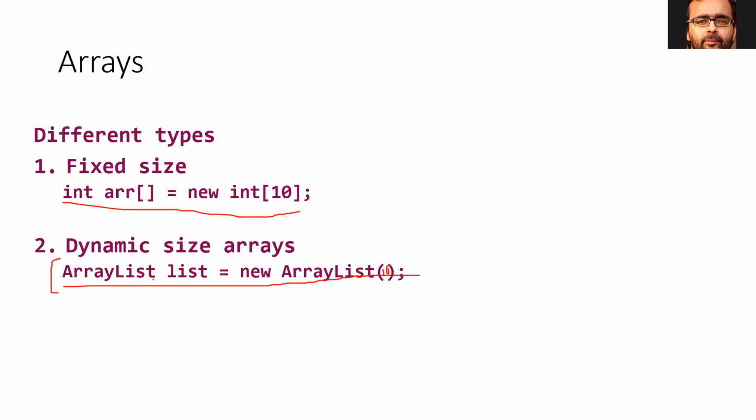Dynamic size is like you don't need to bother. How exactly is that achieved? It is a bit complicated topic, but I will try to explain with a smaller example. For example, if you have an array of 10 elements, right? Let's say 10 elements are here, and this is the 10th element. But whenever you want to insert the 11th element here, right?